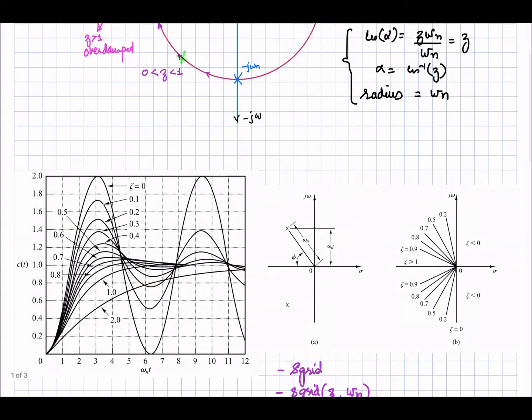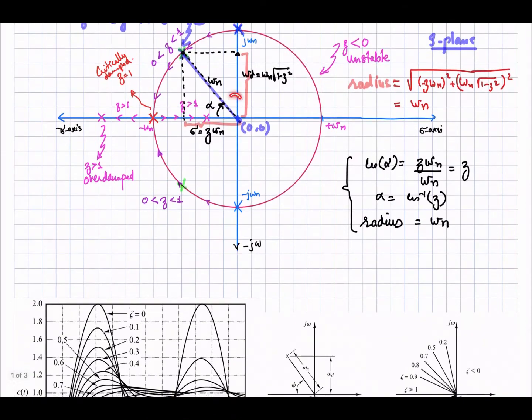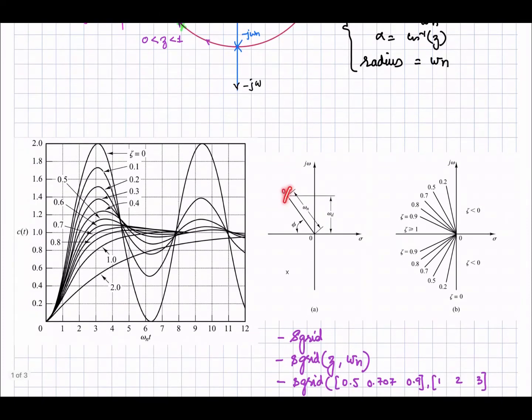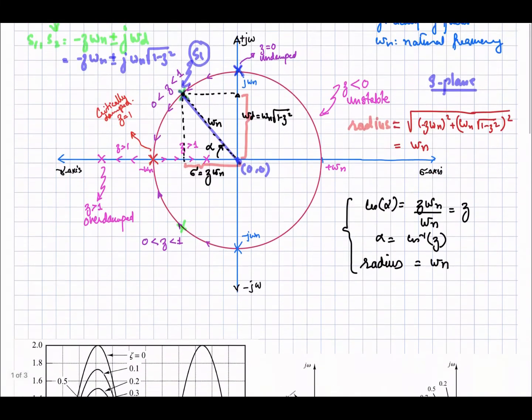Now if I look at this diagram, I can mark it like this: our poles are at this position, this one and this one, and the distance from the origin is omega n. This part is omega d, which is equal to omega n times the square root of 1 minus zeta squared, and this part is equal to zeta omega n, and this angle is phi or alpha that we considered earlier. As we change zeta, this is the line that represents zeta of 0.2, and as this angle reduces, our zeta is increasing, which you can observe here.